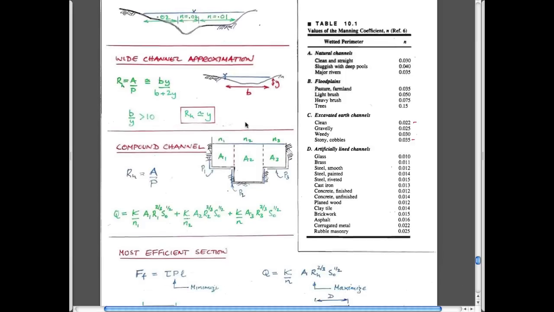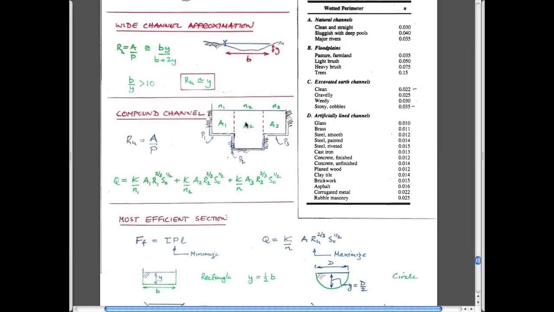You can use compound channels to add together the influence of water going down A1, down A2 and down A3, where the total volumetric flow rate is just the sum of the components going down the first channel plus the second channel plus the third